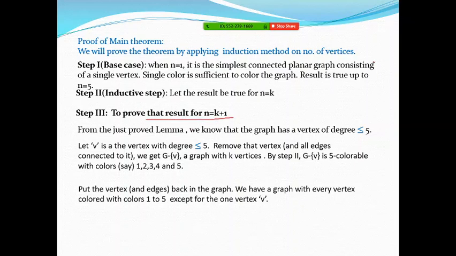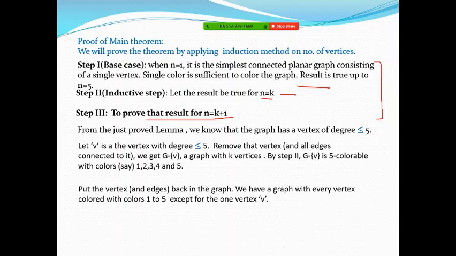So how does this result become true for every value of n? We have already proved that it is true up to 5. And if it is true for 5, in step number 3 you are showing it for 6. Now you can replace n by 6, that becomes true for 7, then 7 for 8. So then it becomes a result for every value of n. So from n equal to 1 to any finite number, this result is true. That is the main philosophy of the induction method. So let's see how this induction method is going to help us in proving this result. So it is proved for the base case. The assumption is made for n equal to k.